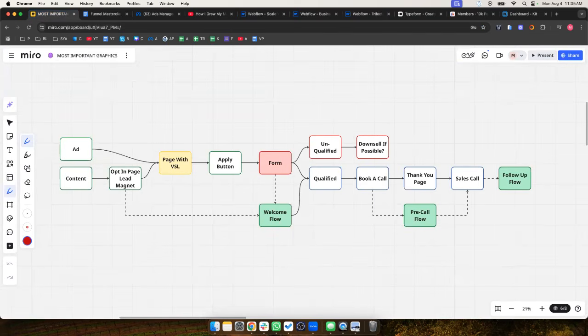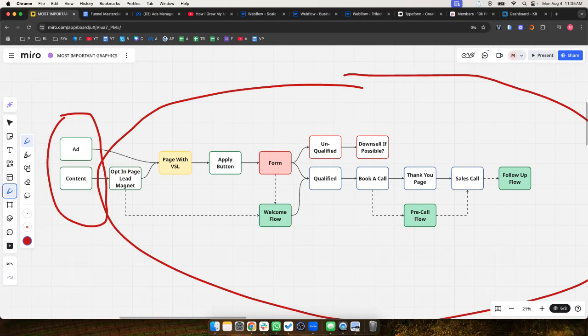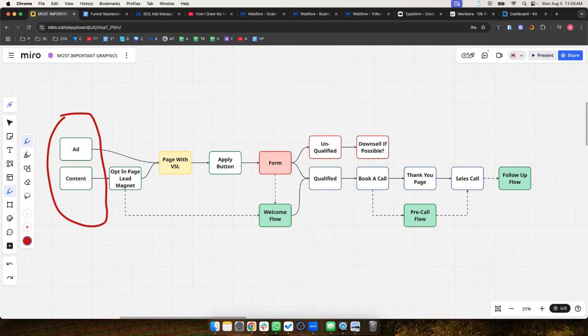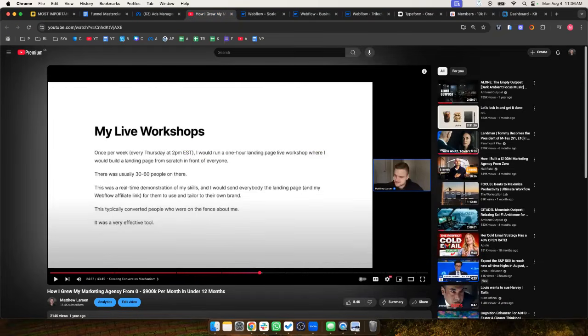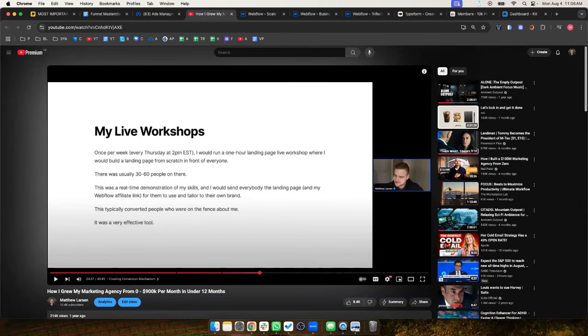So I have a big outline that I'm making, but I'm going to go through all of these right here anyways. So the first thing is we're going to need a traffic source. Doesn't matter if you have the rest of this. If there's no traffic flowing through it, it's not really going to do anything. So for example, for Scale Your Agency, the dominant form of traffic is content. It's upwards of 90%. I'm about to start ads, but it's upwards of 90%. So someone views my YouTube channel or my Twitter or my LinkedIn or my Instagram, mostly from YouTube.